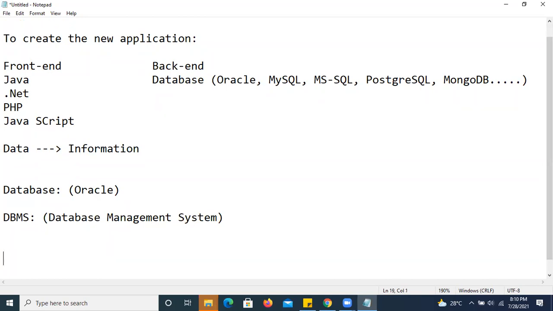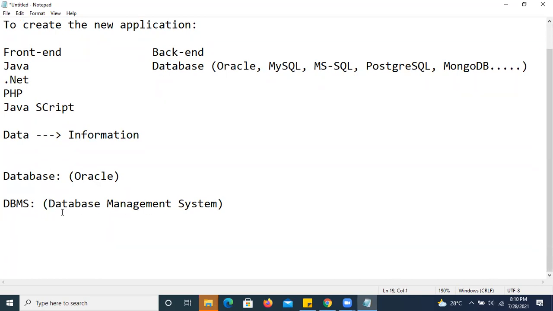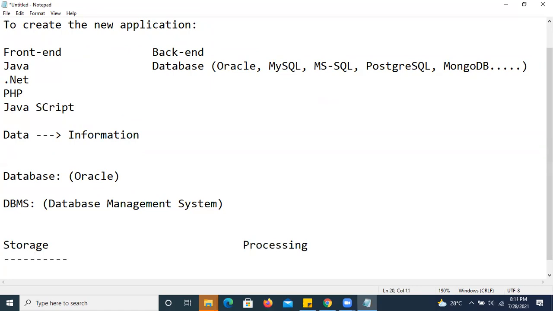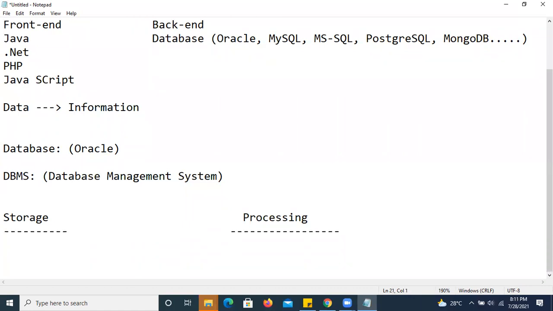If you take any database, there are two parts: one is storage, another one is processing. There are two parts in any database. Storage means